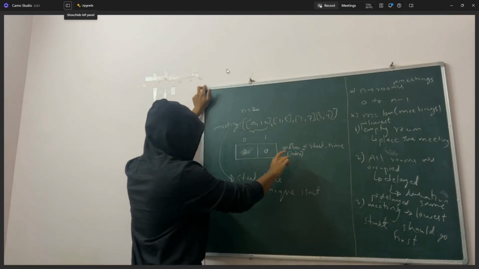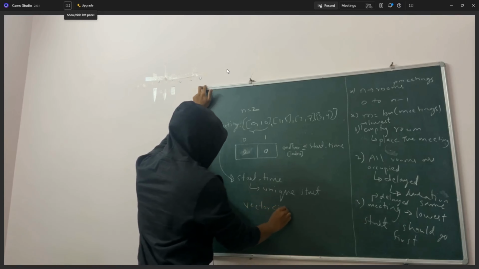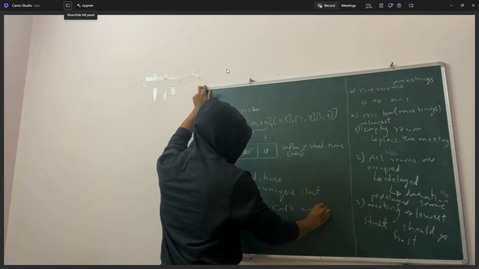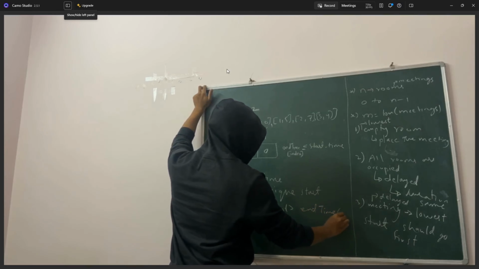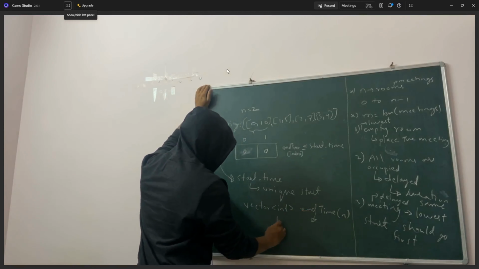Don't worry, I'll tell you what this is. So we'll initialize one vector of type int. Its name will be end time, and its size is n because we have n rooms. So this end time, what it does is keep